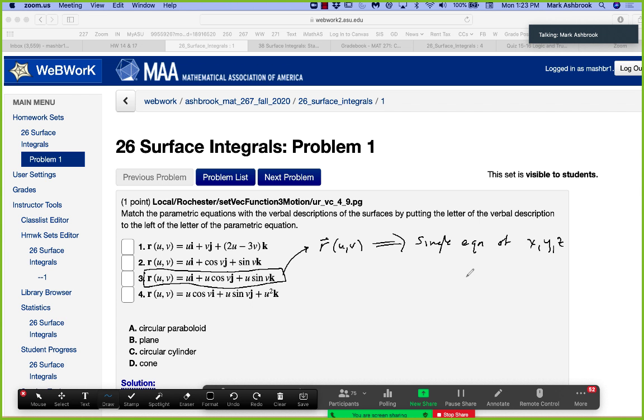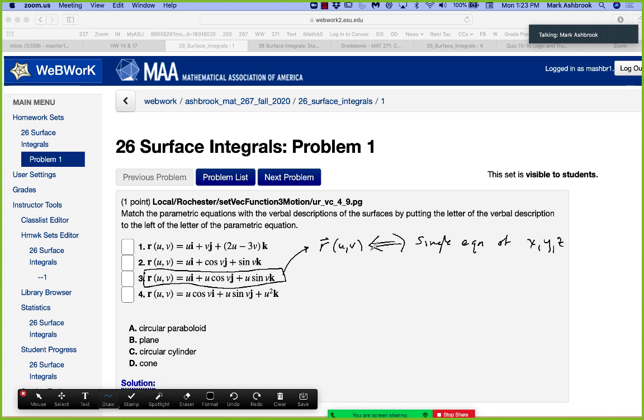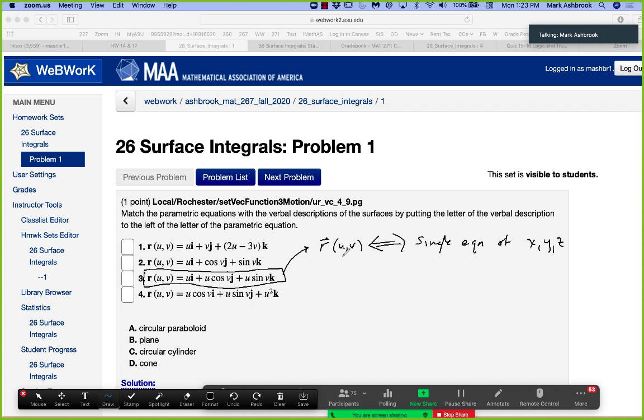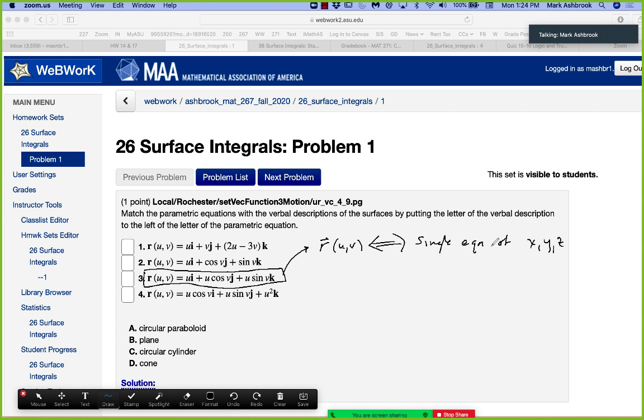Now we're also talking about surfaces not only as a single equation of x, y, and z, but parametrically. We can define it parametrically using two parameters, so that both now work for defining a surface. So given the parametric version and two variables, can you write it as a single equation of x, y, and z? So here, this one we have